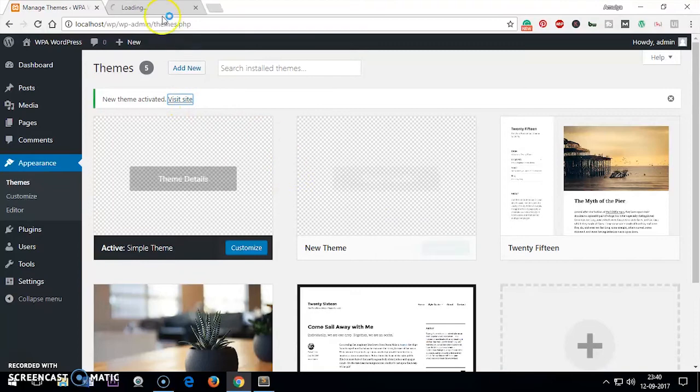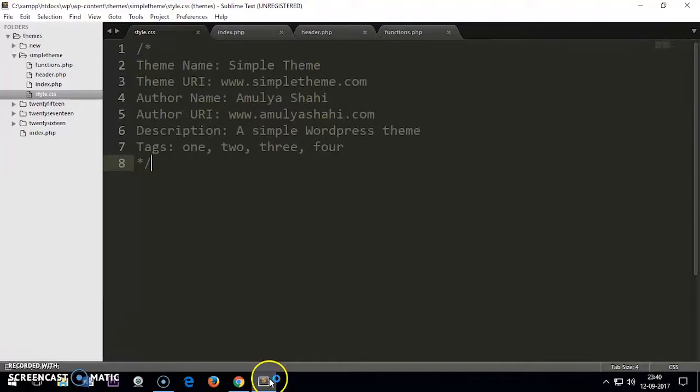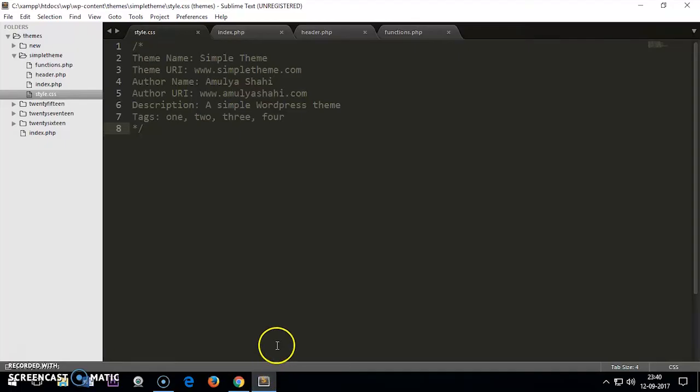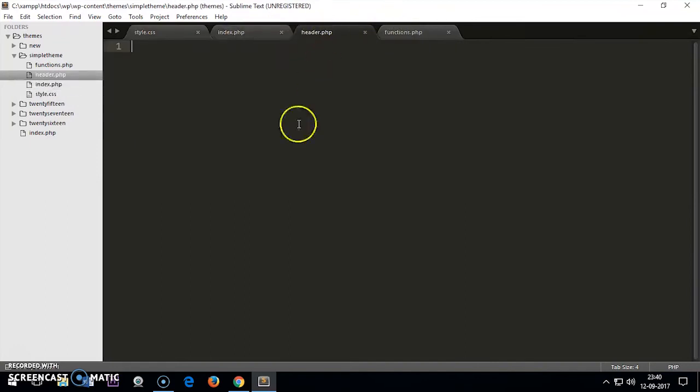So you will see nothing on the site here. This is totally blank. So now I'll go ahead and do something here. Everything is blank here. What I'm going to do, I'm going to link this style sheet to this header page. So in the header, what you basically have to have is this one,